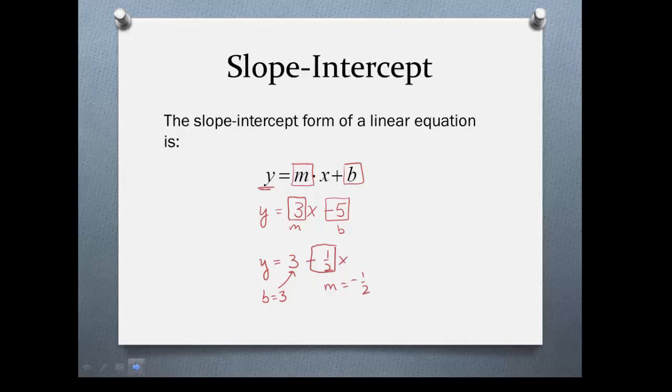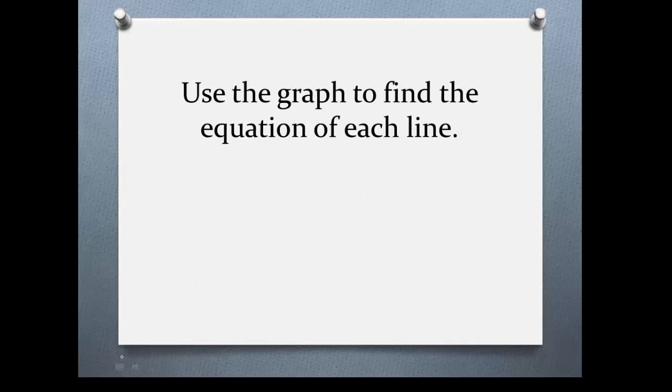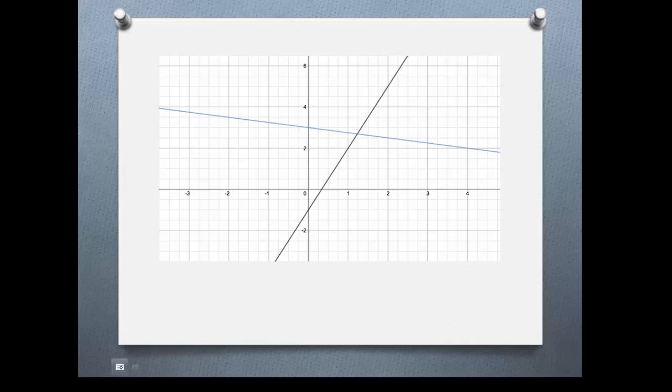So let's take a look at a couple of examples. We're going to start with a couple of graphs, and we're going to see if we can look at the graph and, knowing what we know about the slope-intercept form, come up with the equation of the line. So here are our two graphs. There's a black line and a blue line here, and I'm going to start with the black line. I'm going to look at that black line and see if I can figure out enough points on it to come up with the slope. What I'm trying to do is find a couple of points that are on nice, clean,